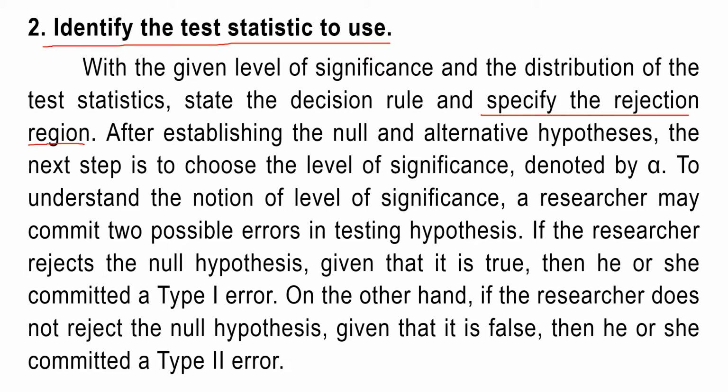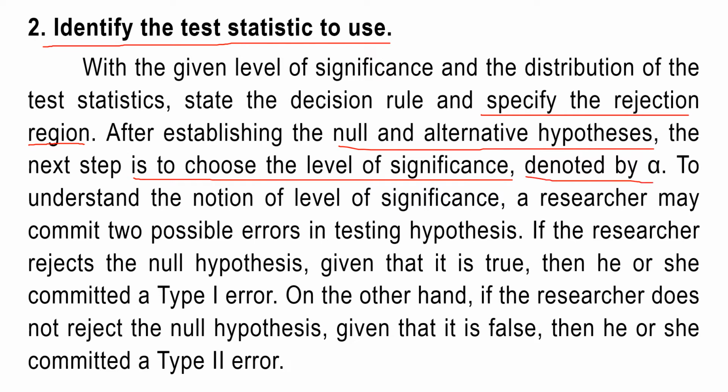If that is less than, then we should subject the left tail of your normal curve. If that is greater than, then we need to subject the right tail of your normal curve. If that is not equal to, then we need to subject both your left and right tail of your normal curve. So after establishing the null and alternative hypothesis, the next step is to choose the level of significance,